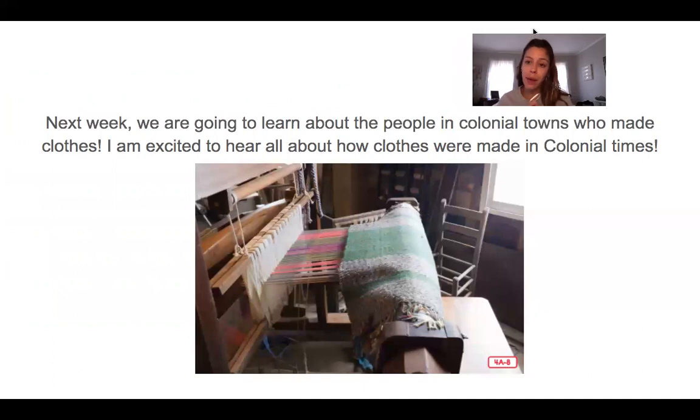So we learned all about millers and bakers today and how a wheat plant or a piece of corn gets all the way to be turned into bread, which is pretty cool. Next week, we're going to learn about the people in colonial towns who made clothes. So in this picture, that's a little hint of what we'll see next time. Do you ever think about how something like your t-shirt gets made? Well, we're going to hear how people in colonial times made their clothes, and I'm so